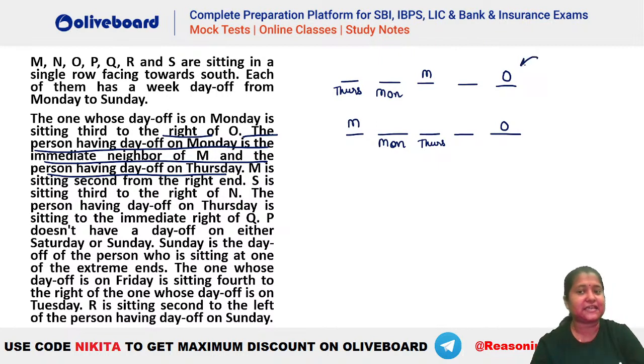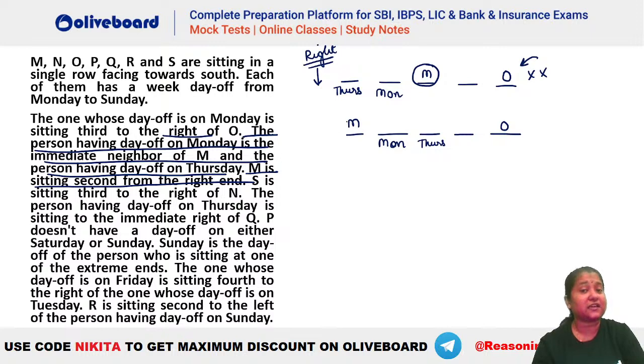But in the first case, what will be the problem here? You can see it is given M has to be second from the right end. अब किसी भी section में when we have a row where people are seated facing the south, right end will be this one, ठीक है? Because right and left यहाँ पर change होता है, so this has to be the right extreme. Now here you can see that M is already coming third from the right, minimum third from the right तो हो ही रहा है. He cannot be second from the right end. That means this case is invalid here, ठीक है? तो यहाँ पर second वाला case valid होगा.